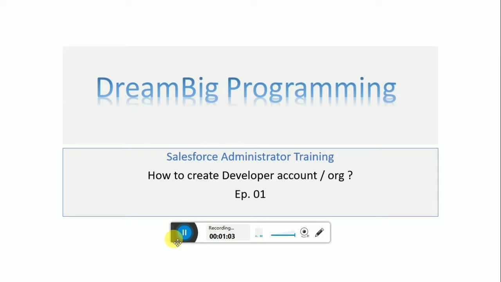I say org because freshers call it an account, but in Salesforce terms it's your org. In that you can play with Salesforce, with records, dashboards and all that. You can create your objects. Basically it's a playground where you can create your own application.